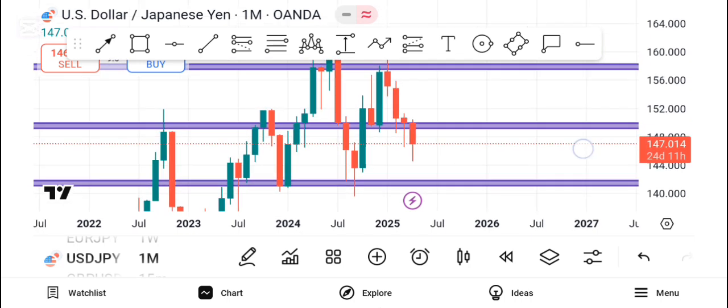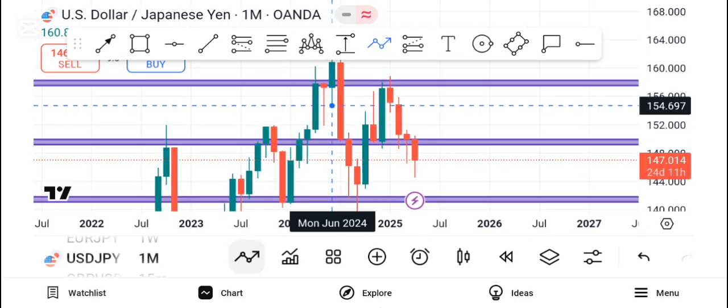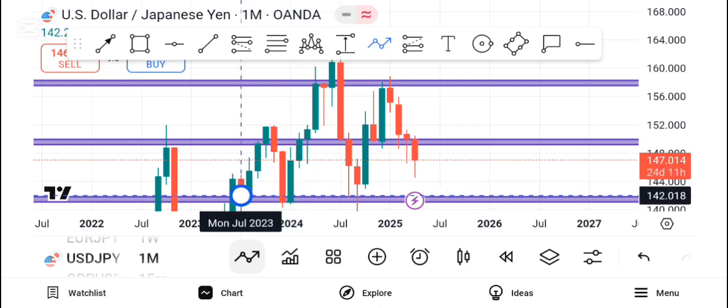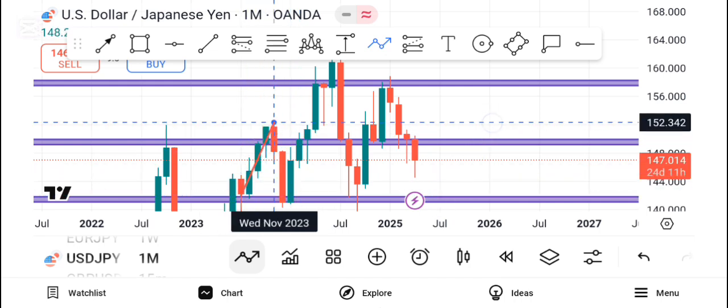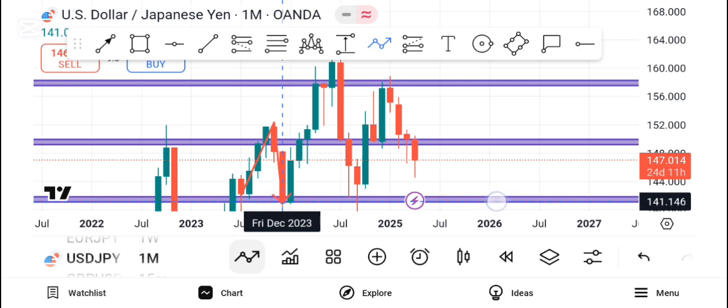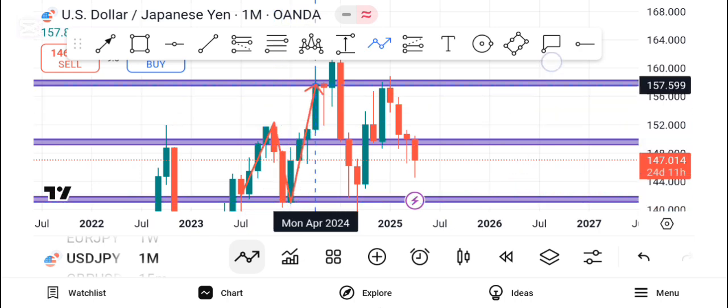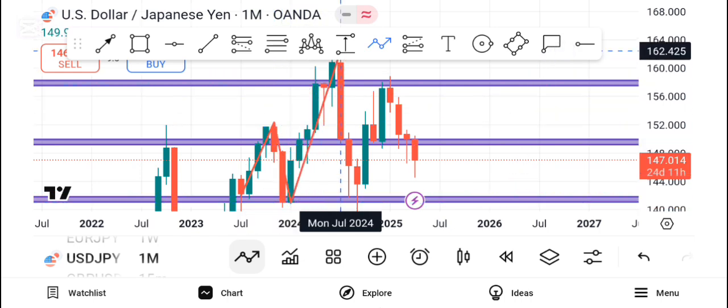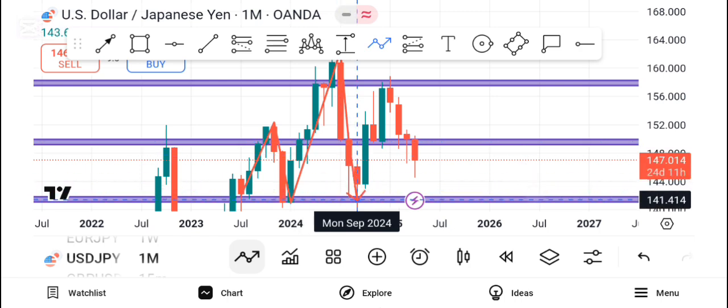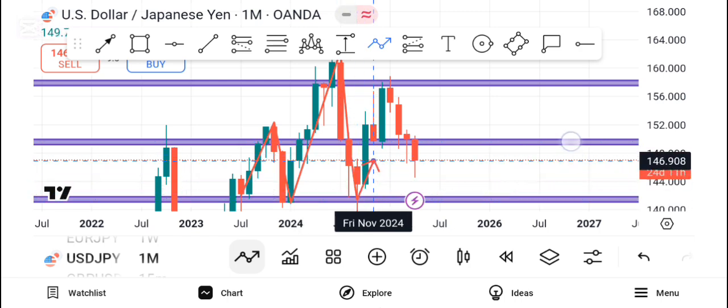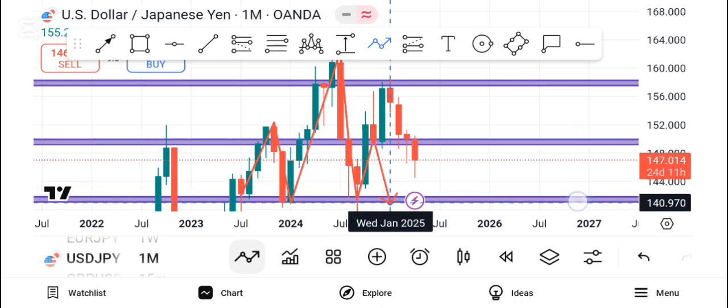As you can see here, price was in an uptrend. Start from here: higher high, higher low, higher high. It's supposed to make a higher low here, then go up, but it breaks down here, creating a lower low. And from here it's supposed to go down, which is the higher low, and continue in this manner,